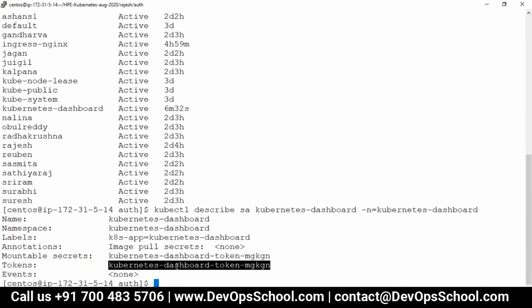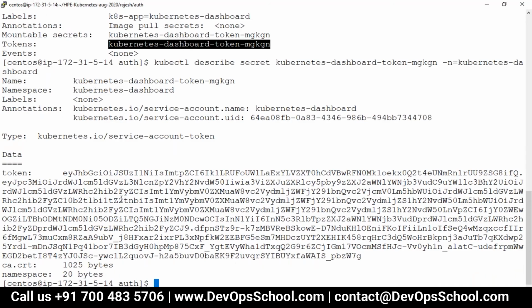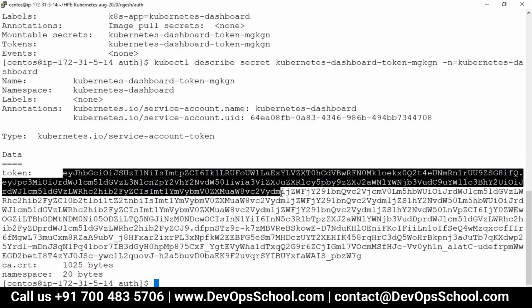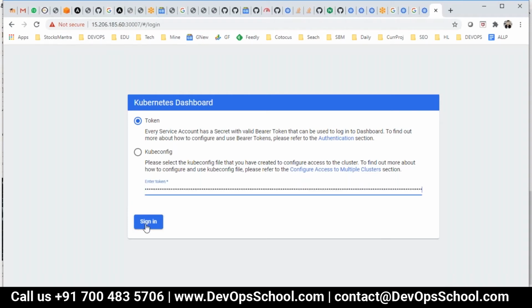This one. So describe secret, which token? This token. Are you getting my points? Are you getting what I'm trying to do? Yes. Yeah. So now I'll give this one, and this probably will have all the access.